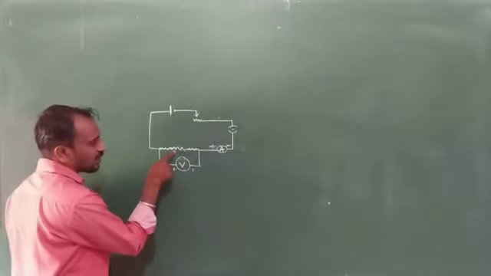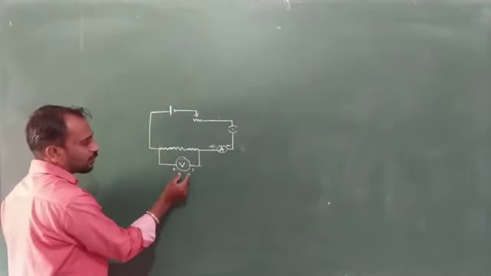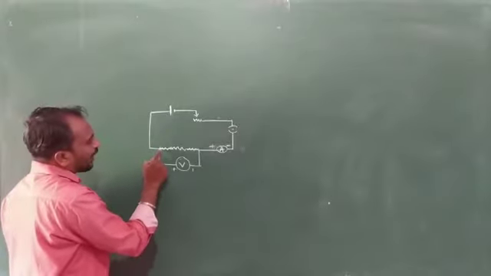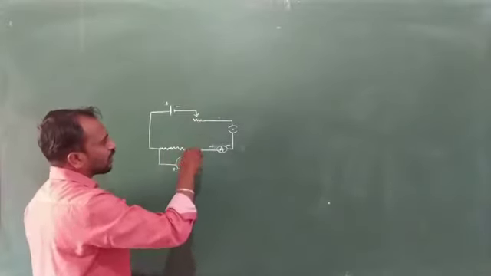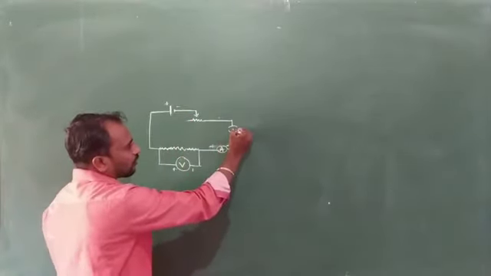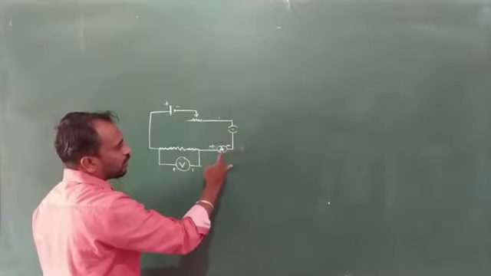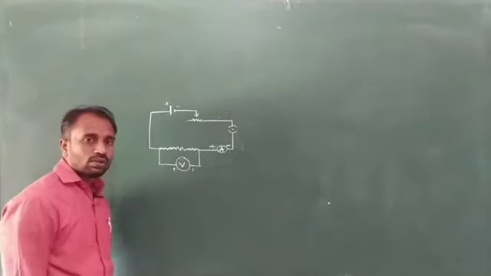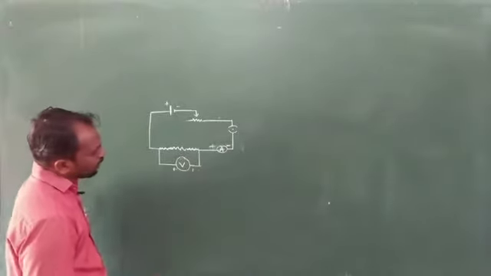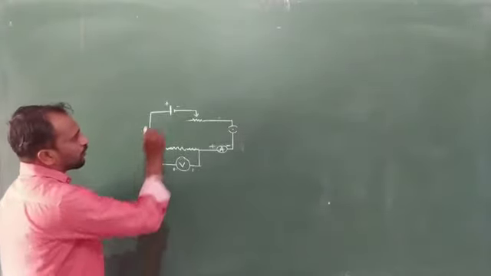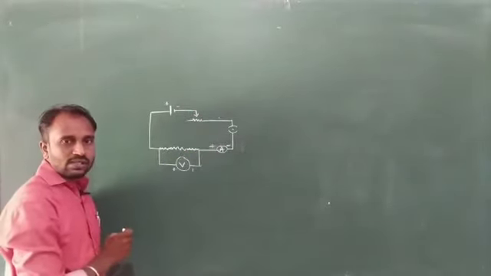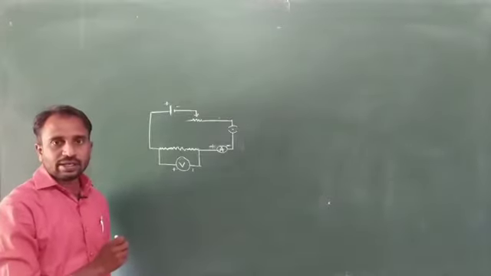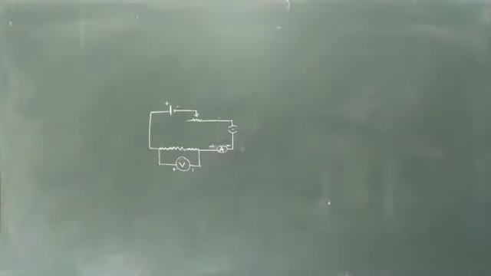First, the conductor is connected to the voltmeter in parallel, and then it is connected to the positive terminal of the battery. The negative terminal of the battery is connected to the rheostat, then to the key, the ammeter, and again the voltmeter. Initially we will provide some amount of electric current in this circuit.